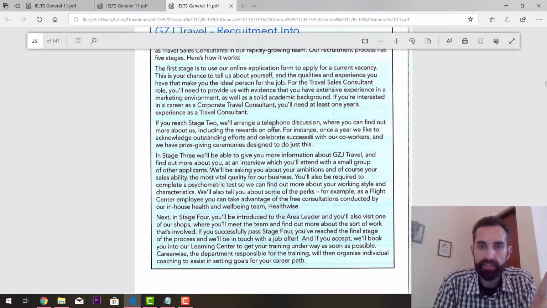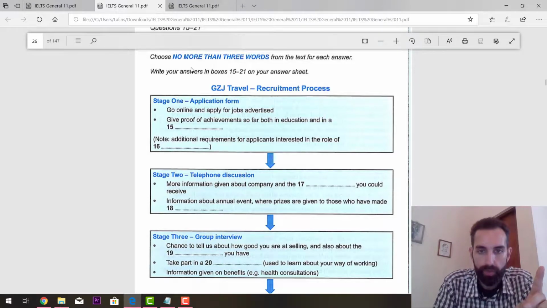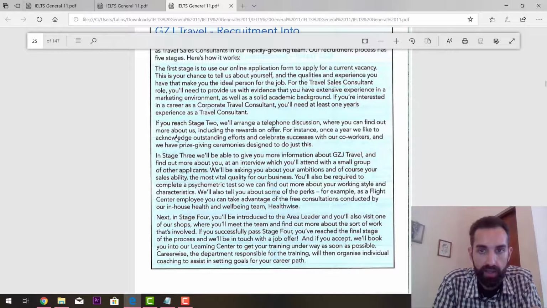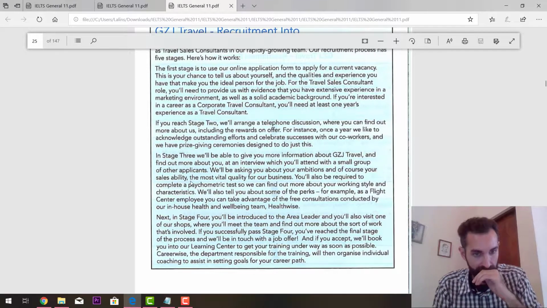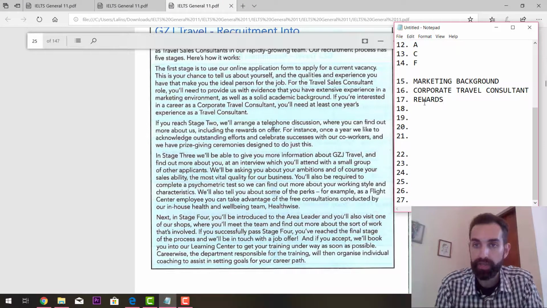So, for instance, once a year we like to acknowledge outstanding efforts and celebrate successes with our co-workers, and we have prize-giving ceremonies designed to do this. So prizes are given to those who have made outstanding efforts. We like to acknowledge outstanding efforts. So the ones who get the prizes are the ones who have made outstanding efforts, and their efforts are being acknowledged. So the answer to that question would be